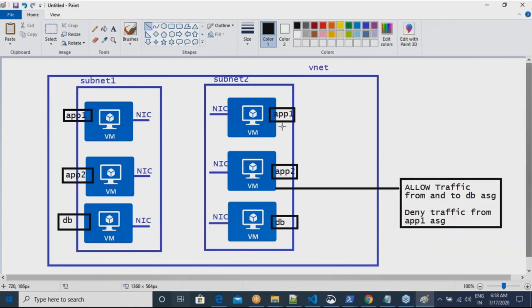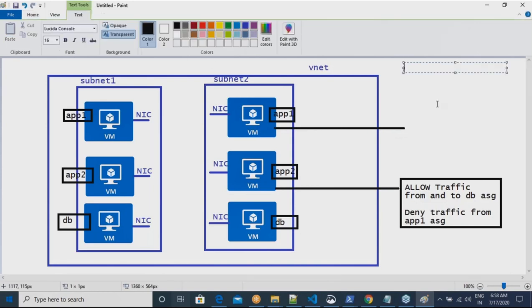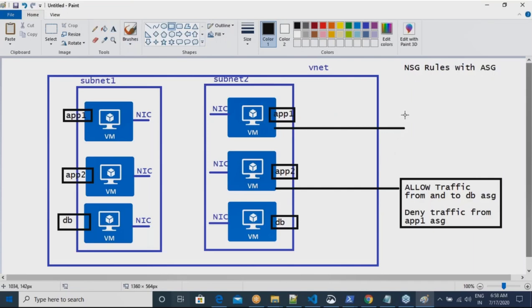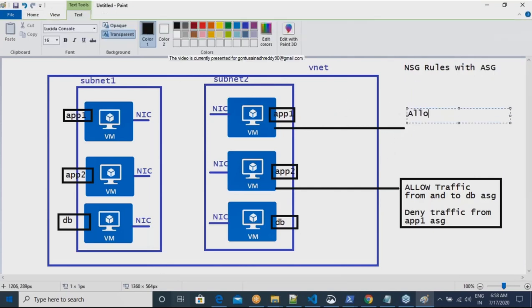So over here, you might write something like, this is my NSG rules with ASG, application security group. Now over here, I might tell that, okay, allow traffic from DB ASG.